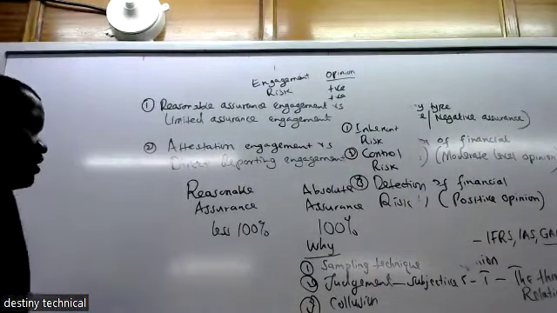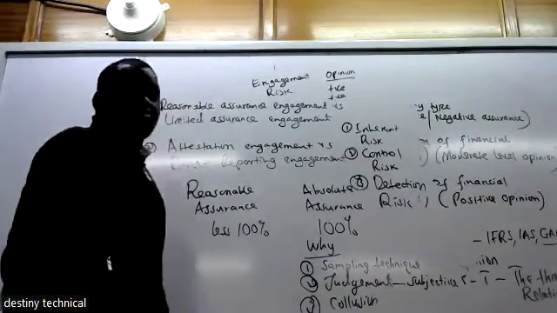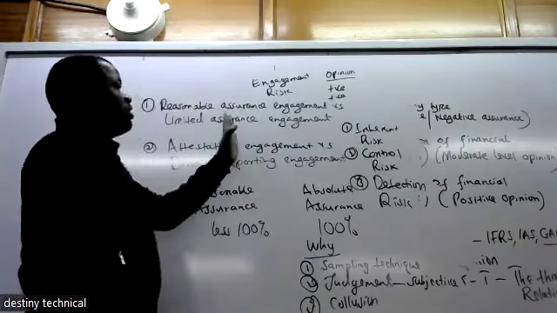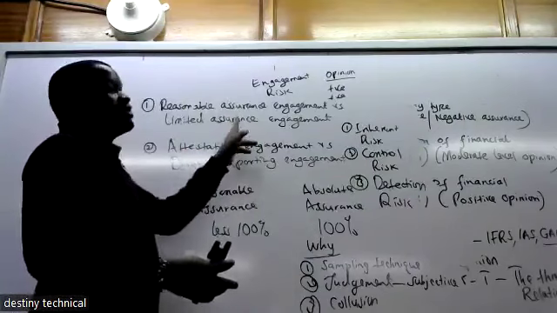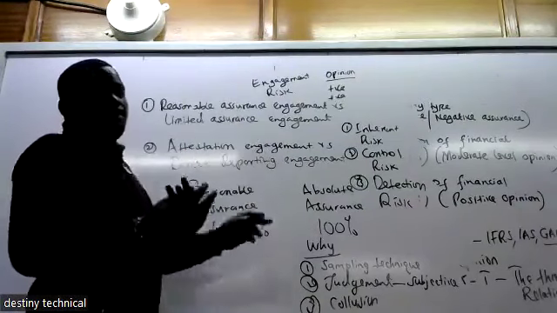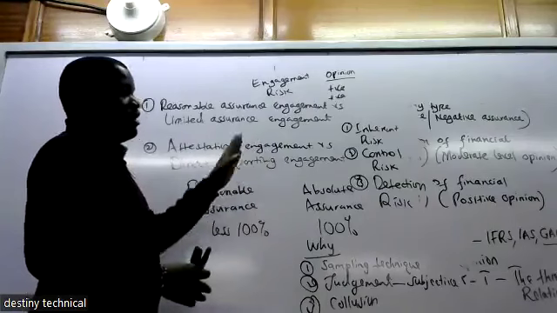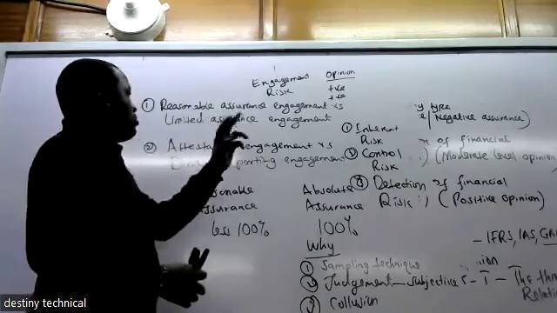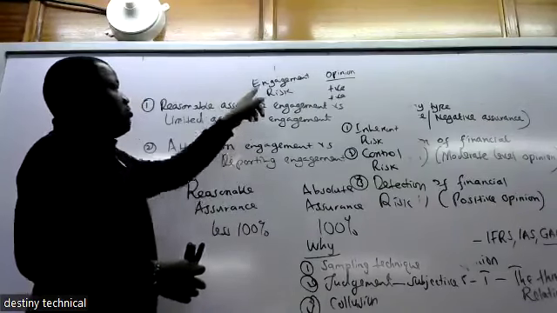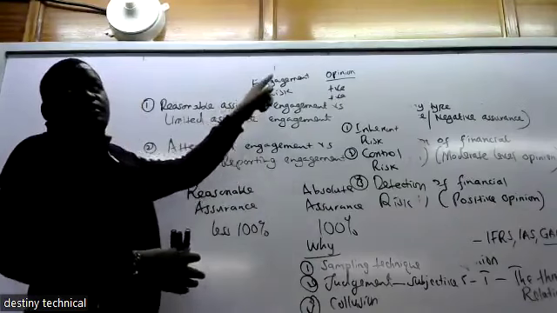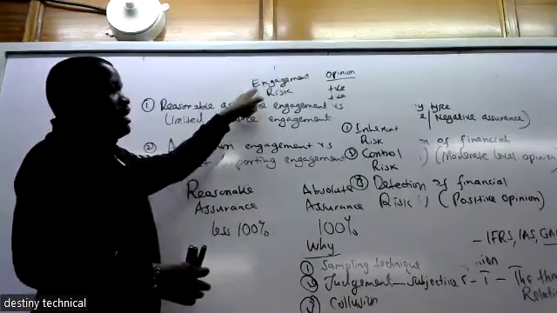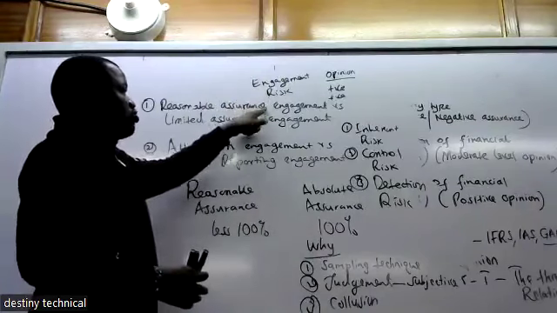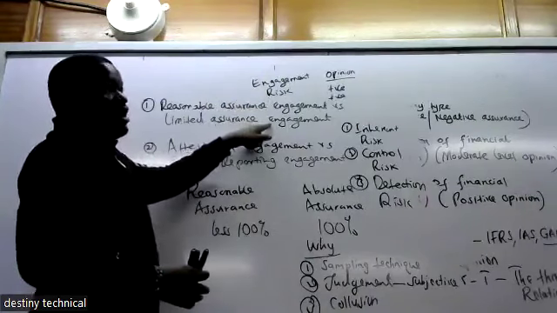Yes, you need to get to know the difference between these two. Sometimes it's part of an example question to explain what is meant by this and this. So in terms of identifying the differences, one of the basics of the distinction is the engagement risk. For this one it is low, for this one it is high.